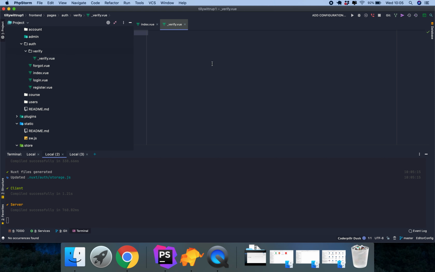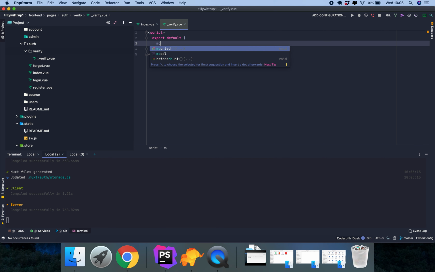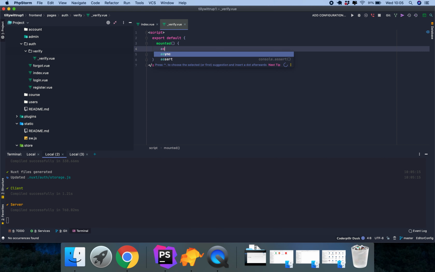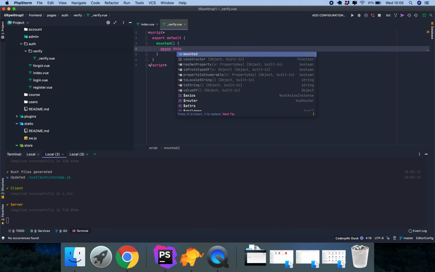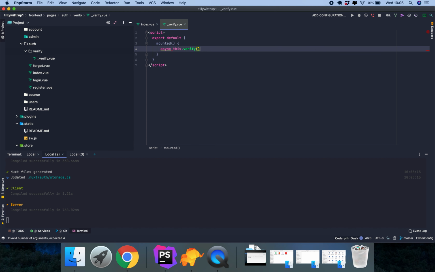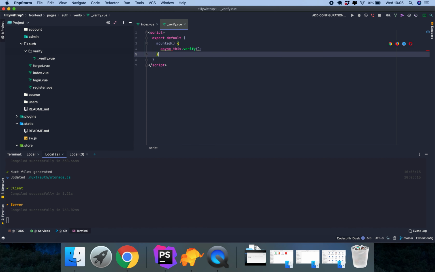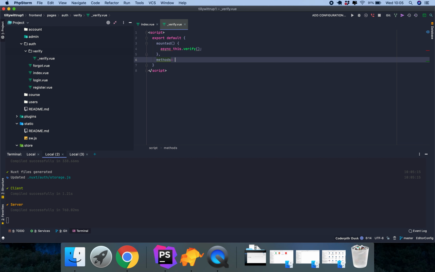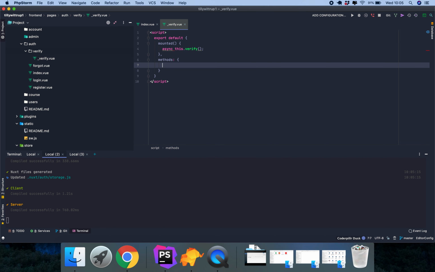So if we go in here, and let's say we want to first start out with the script for now, because that's really all we need here. But we also want to, we could put in a loading indicator if you want to, but what we basically just want to do is have mounted, and then here we want to have an async function called this.verify, and inside methods, let's add it here. Let's call this verify,